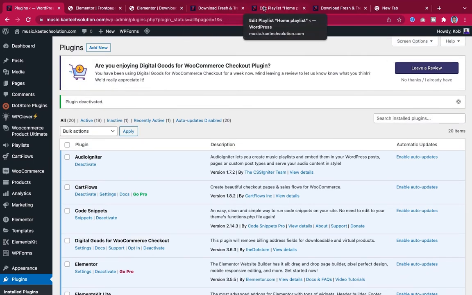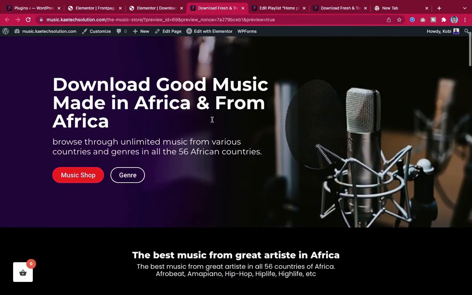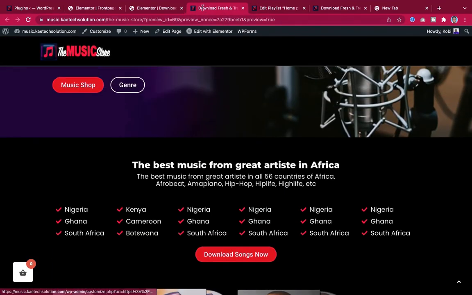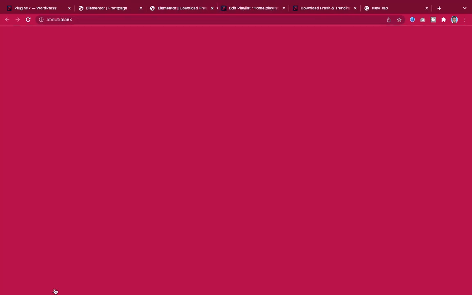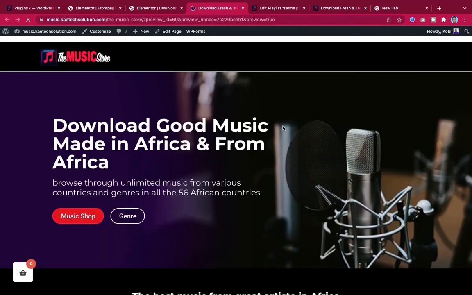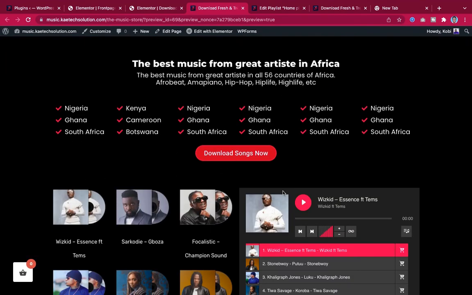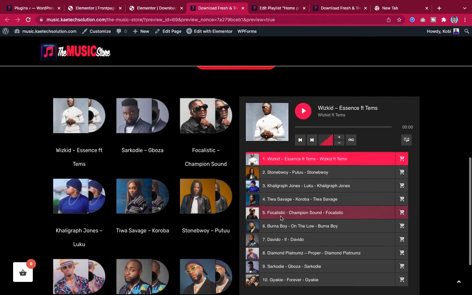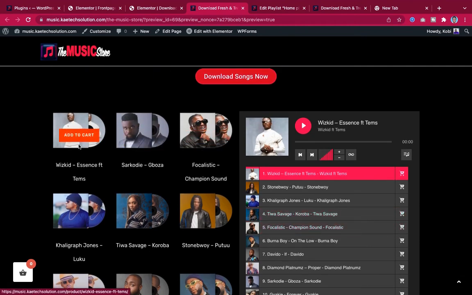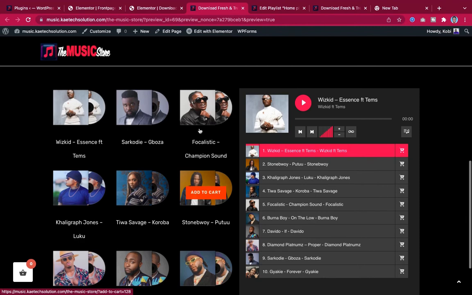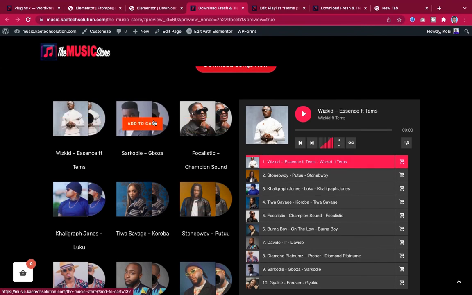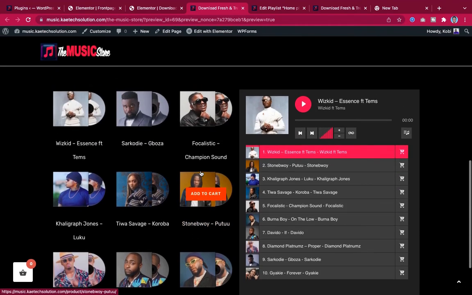Okay, now let me just close this one, come back again, click on the eye icon over here and see how it's looking. Yeah, so guys, as you can see, everything is perfectly the way it's supposed to be. Okay, so if you want to showcase your music like this, then I'm sure you don't have to